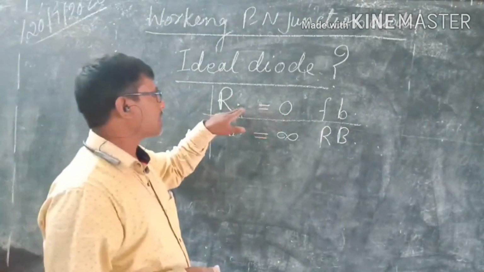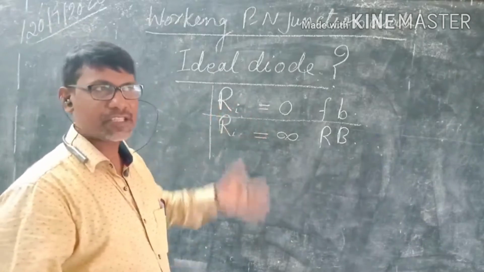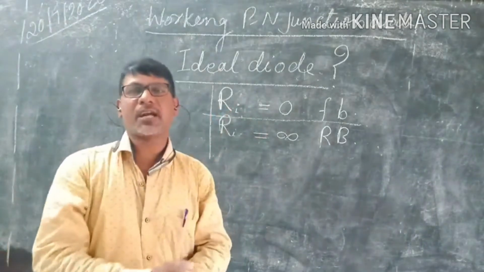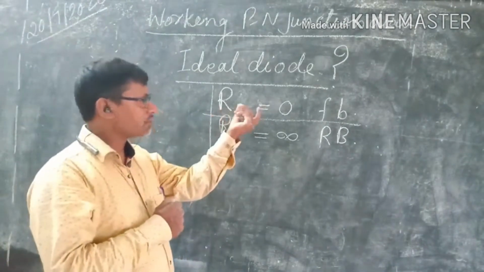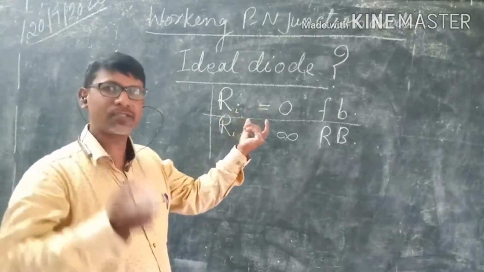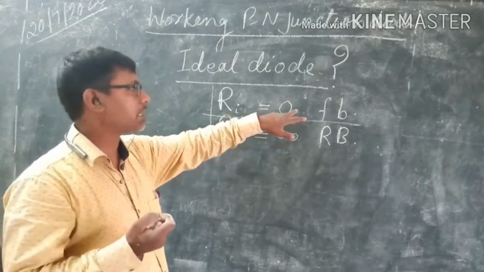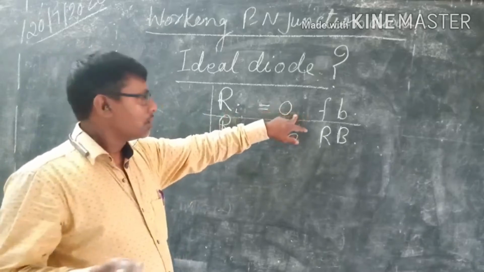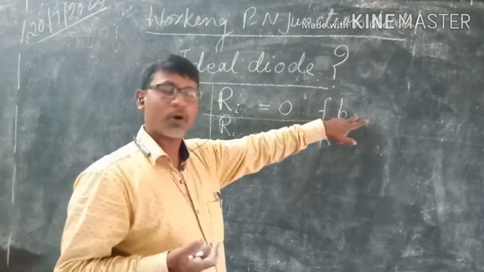Now, where is this resistance provided? रेजिस्टेंस कहाँ पे लगता है? रेजिस्टेंस हमारा डिप्लीशन रीजन्स के कारण होता है, ठीक है। तो जब डिप्लीशन रीजन्स हमारा लेस हो जाएगा, पोटेंशियल बैरियर हमारा लेस हो जाएगा, तब हमारा रेजिस्टेंस हमारा 0 हो जाएगा, और बहुत कम हो जाएगा, it will be approximately equal to 0 in forward bias.